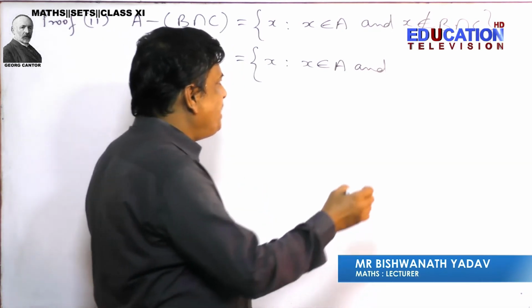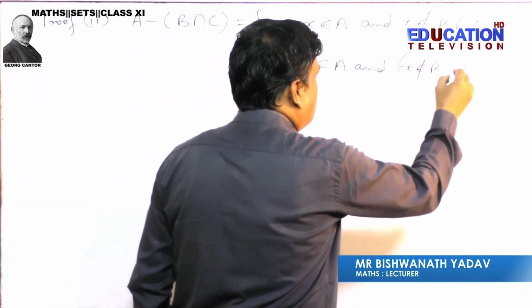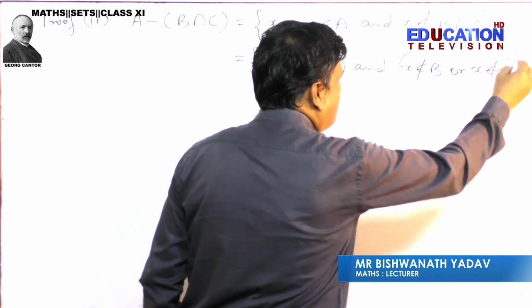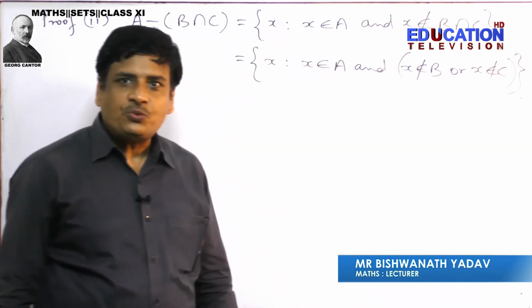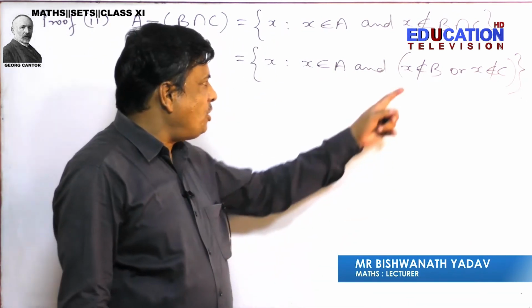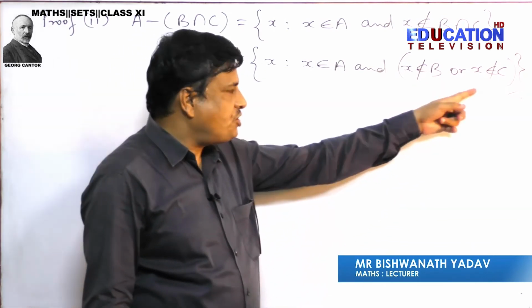So we can write here x is not in B or x is not in C. If at least one of the sets will not contain the element x, that will not be their common element. So if x is not in B or x is not in C,